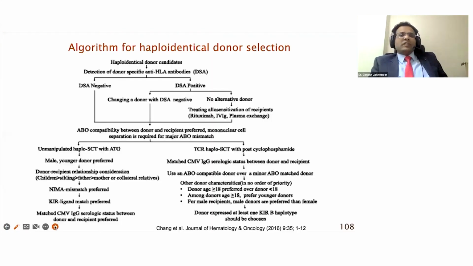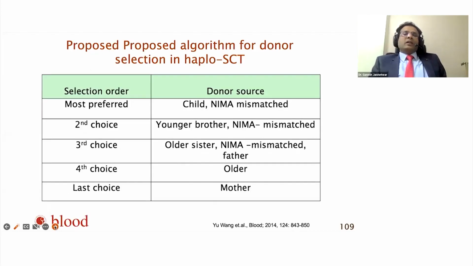So there are various society guidelines and algorithms you can study, and this is how you select the donor preference in the family when you consider haploidentical stem cell transplant. Child, mostly NEMA mismatch, is first preference. Younger brother, again NEMA mismatch, second preference. Older sister, NEMA mismatch. Father is the third choice, and the fourth choice is the older patient,